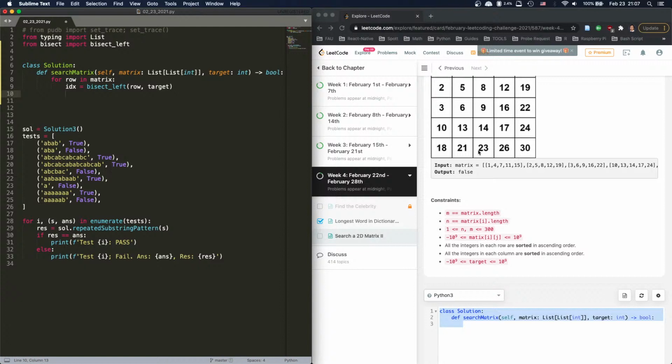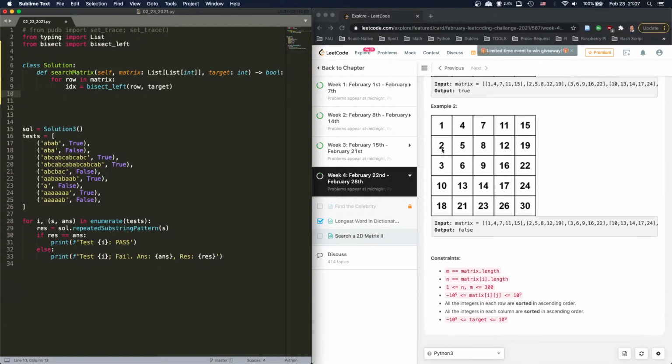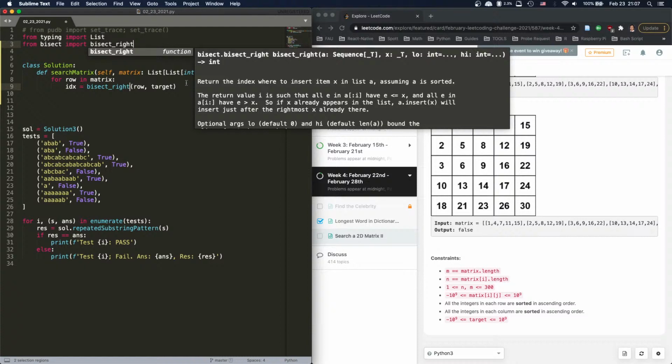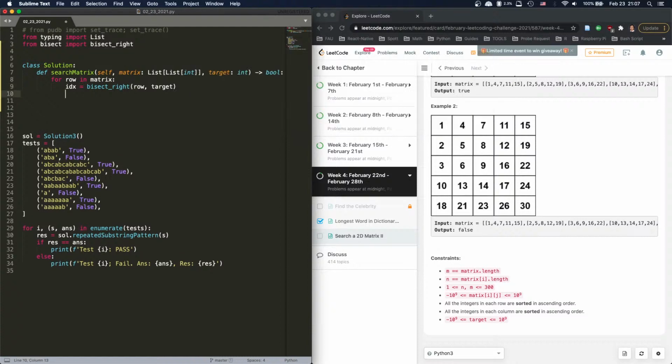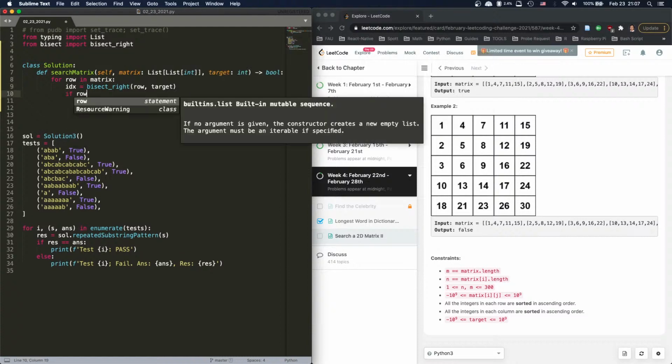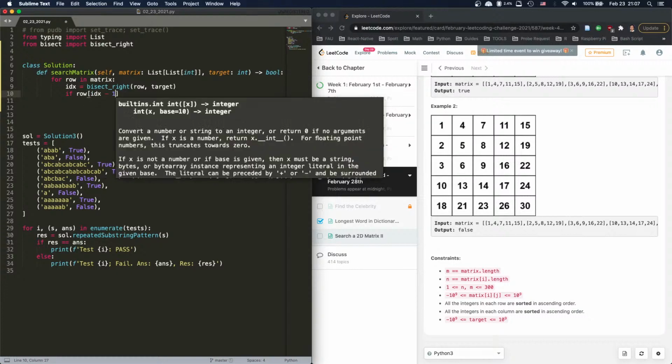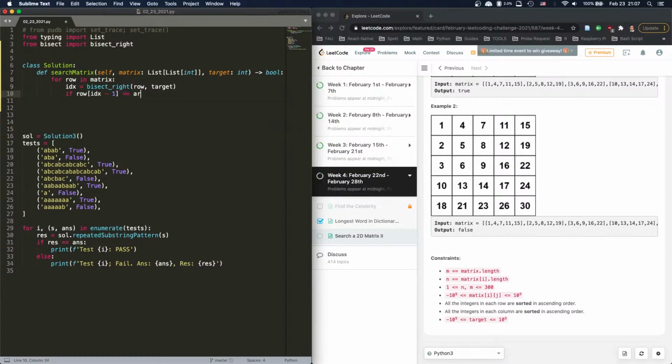If it's the same, then we'll go for the left. So we say plus 1. Actually, I can go minus 1. Yeah, I think going right will be easier. And then we say if row index minus 1 equals target, return true,